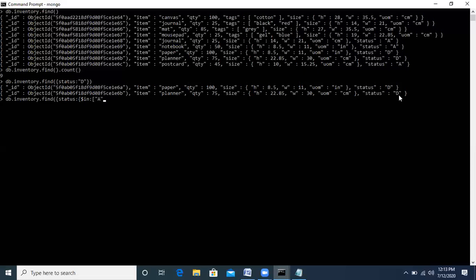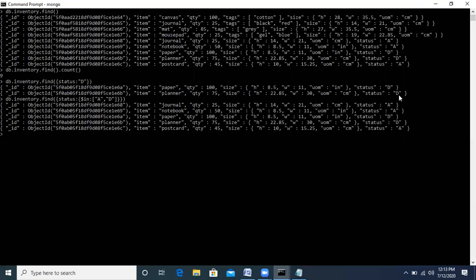So a comma second, that is D, close the 2 curly brackets and then the parenthesis and press enter.